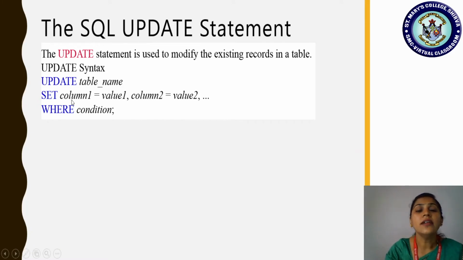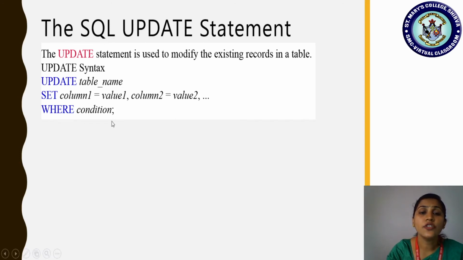Okay, set the customer name. For example, update customers, set customer name equal to, anything like Anil, and contact name should be something like Pandey. So if he has given the name as Anil and we want to keep the contact name as Pandey, you can provide the value Pandey.